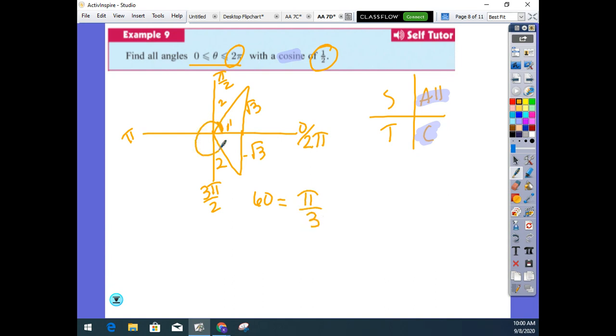We also have this one, which is 300. If you want to convert that into radians, so my two angles are pi over 3, the one in the first,